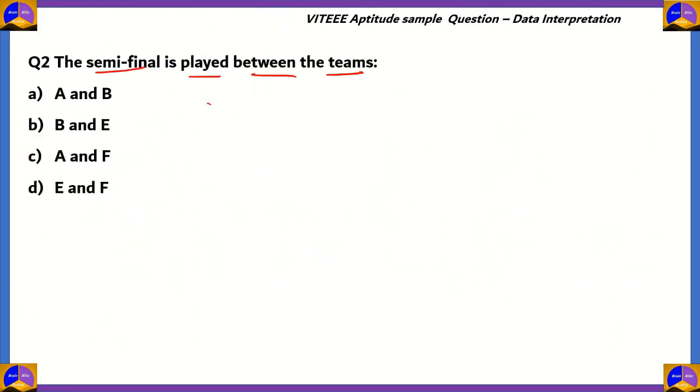So for Team F, the points before the semis began will be 1 loss, and then 1 loss, 2 draws, and then 2 wins. So 6 plus 4 is 10, and 10 plus 1 gives them 11. So they scored 11 points before the starting of the semifinals. And if you look at Team A,